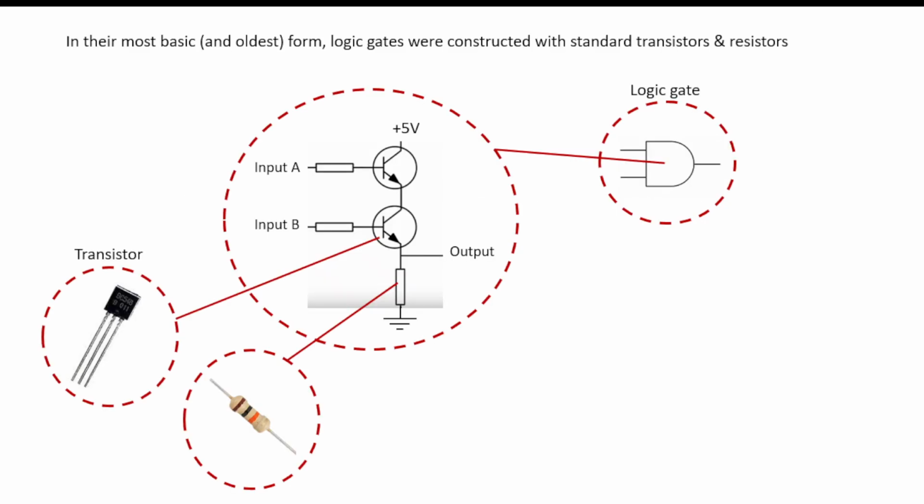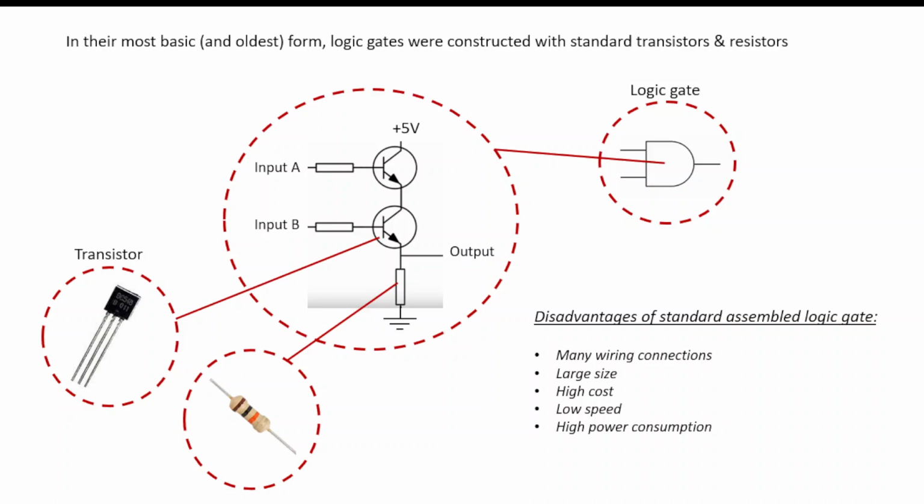In their most basic and oldest form, logic gates were constructed with standard transistors and resistors. And really we can see that represented here, and that logic gate symbol represents those transistors we see in series with the 3 resistors and the source connections. The disadvantages of a standard assembled logic gate was that there were many wired connections. They're fairly large in size, high cost, low speed, and fairly high power consumption